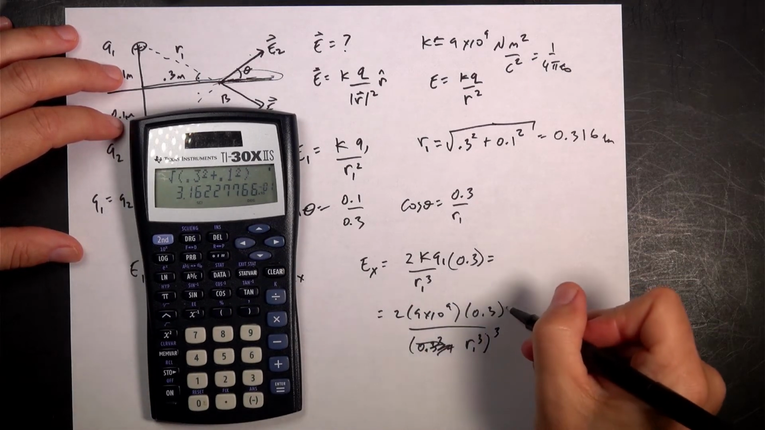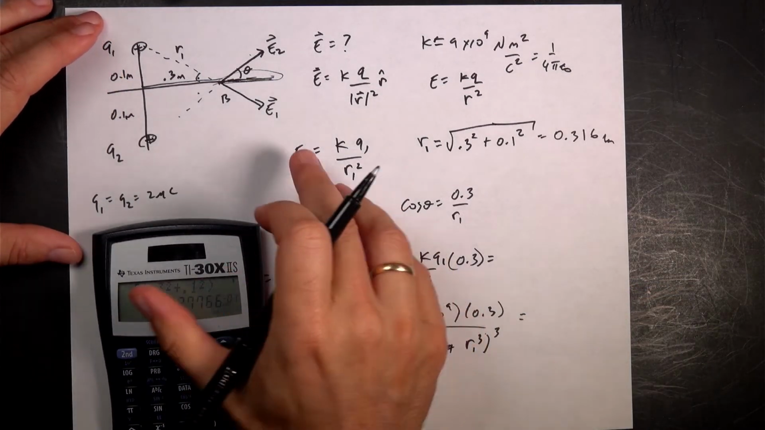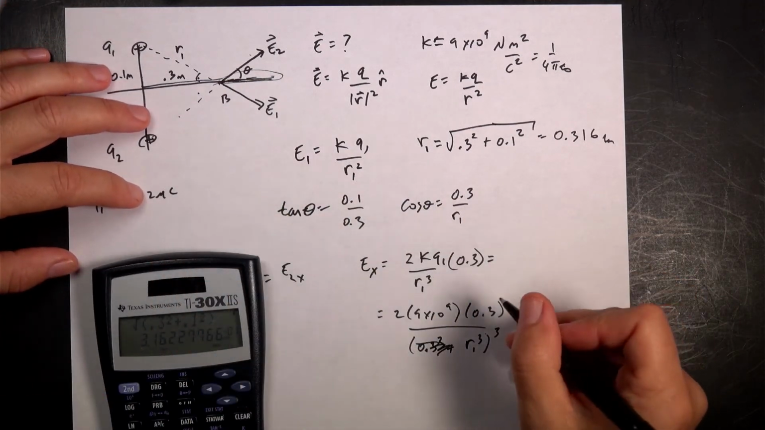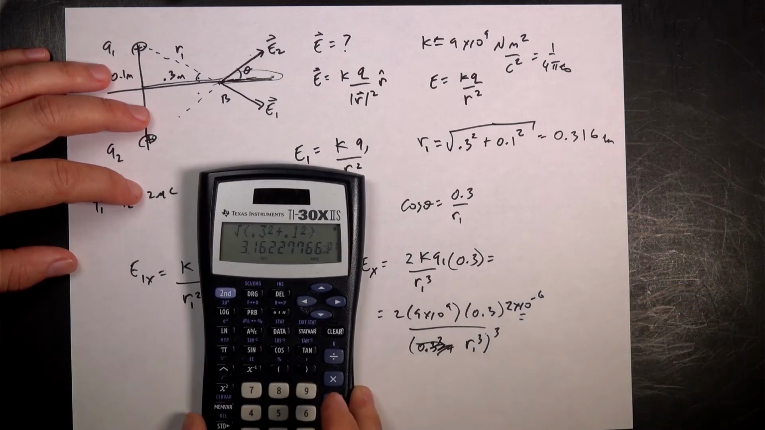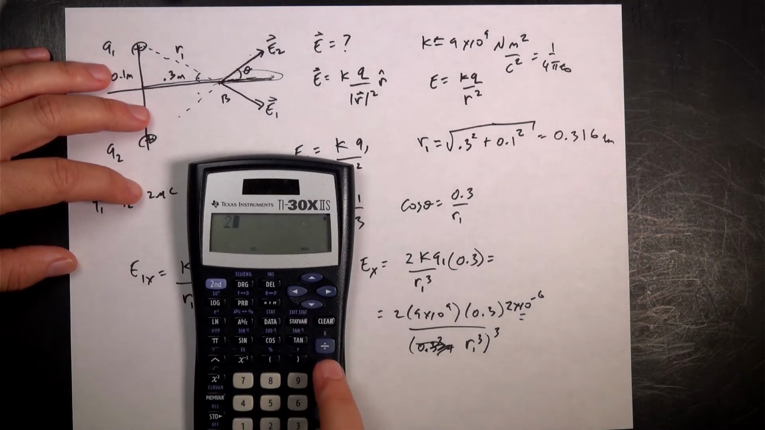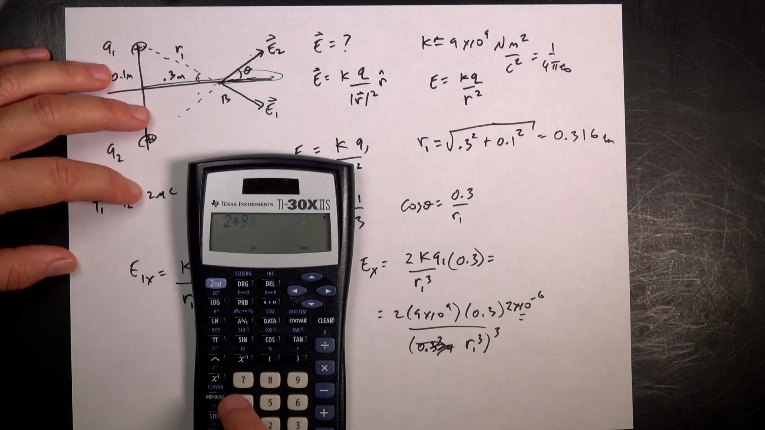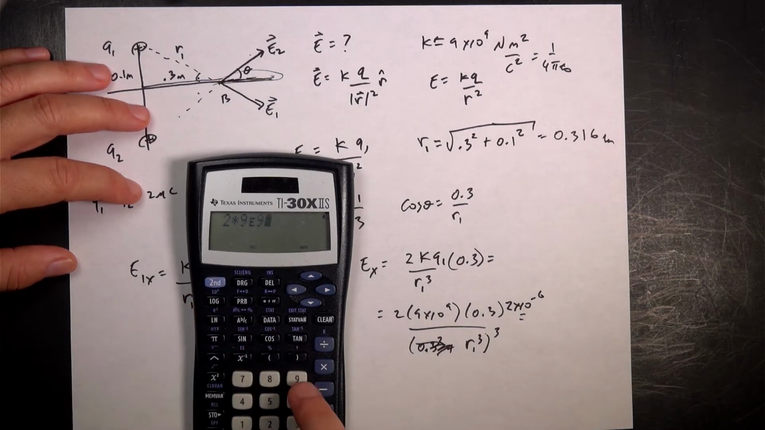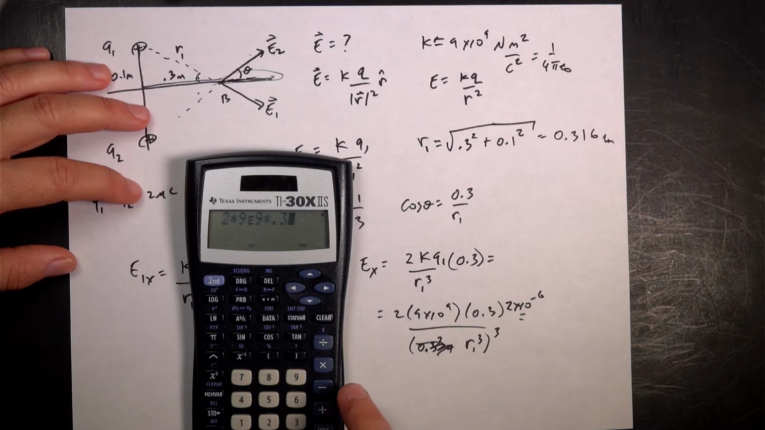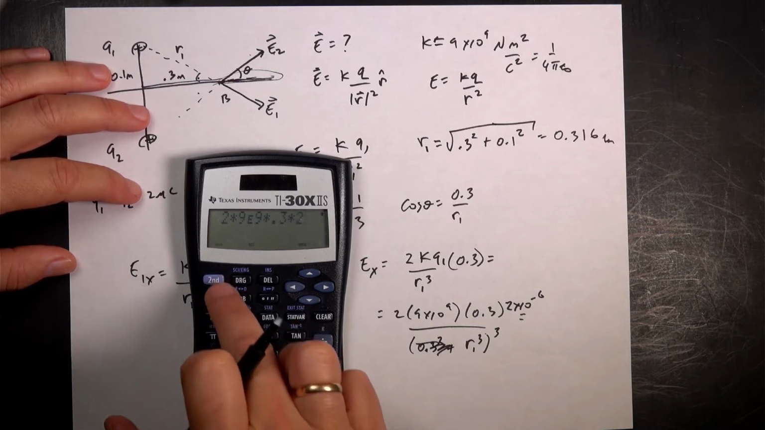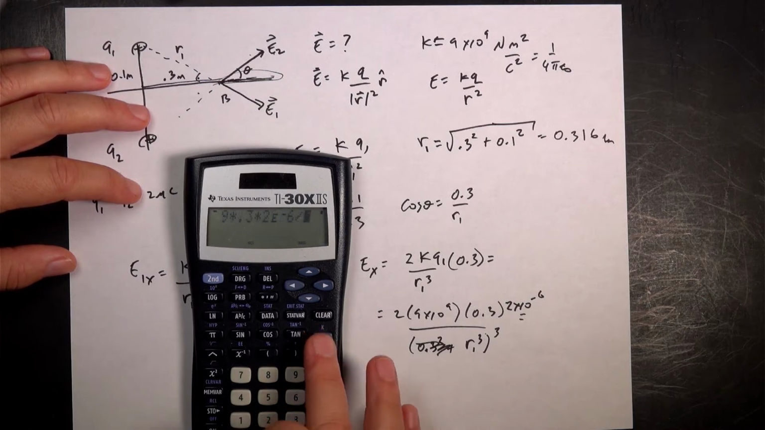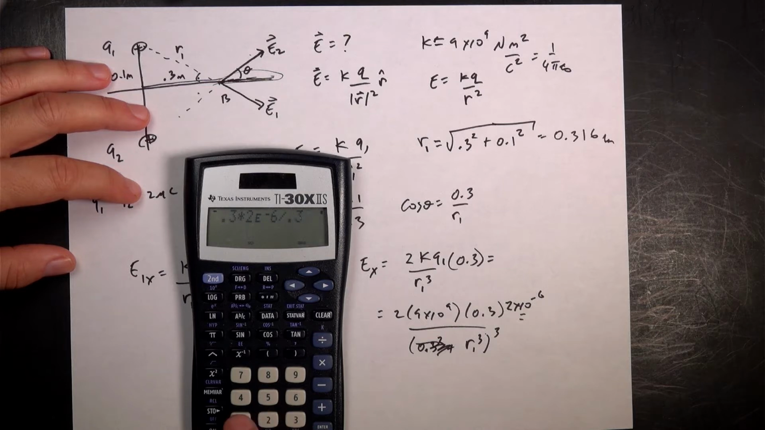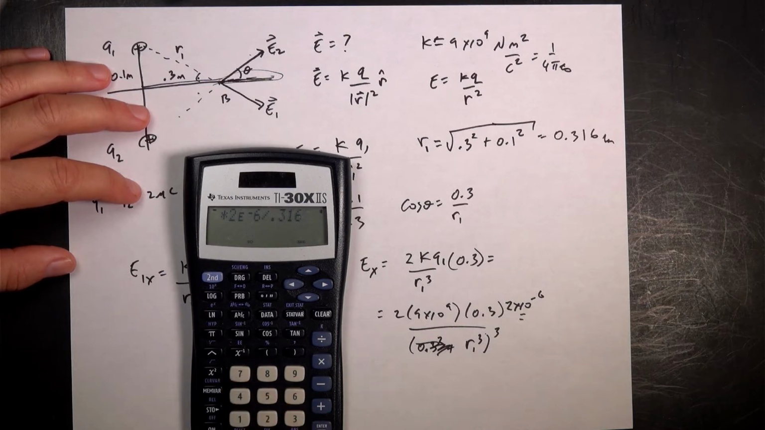Oh, I didn't put my charge, Q. Q is 2 microcoulombs. So I have 2 times 10 to the negative 6. Okay, so let's put all that in. So I'm going to say 2 times 9 times 10 to the 9th times 0.3 times 2 times 10 to the negative 6 divided by 0.316 to the,